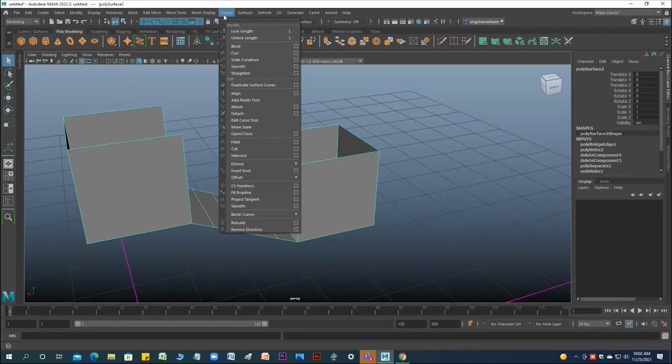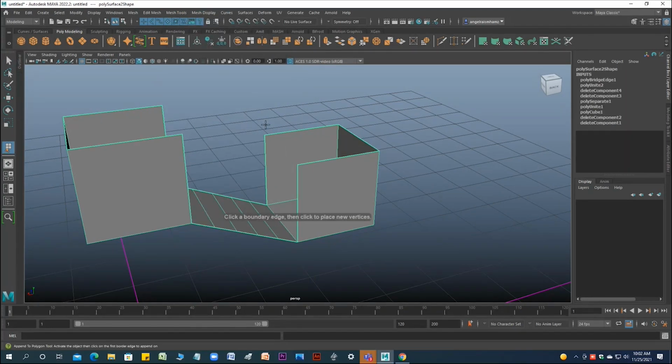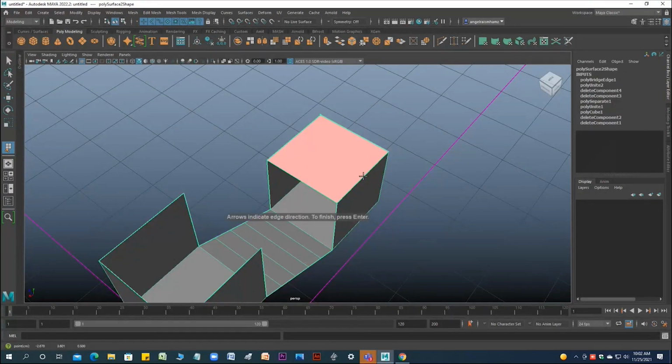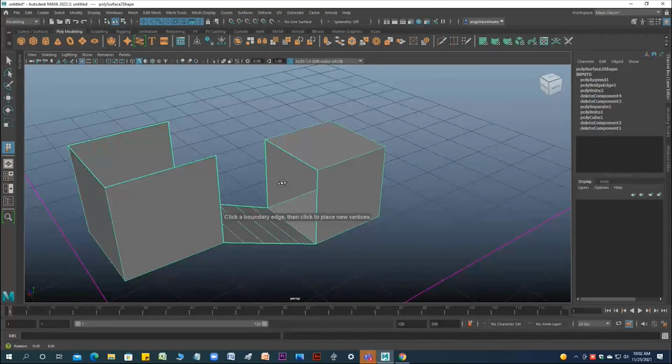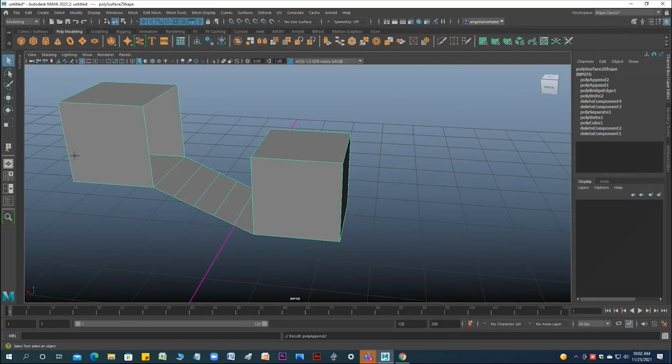Another tool is there, I think it's Append to Polygon. If we click this one and this one, it creates, you can close, then enter. G is the repeat command, and enter, then again.